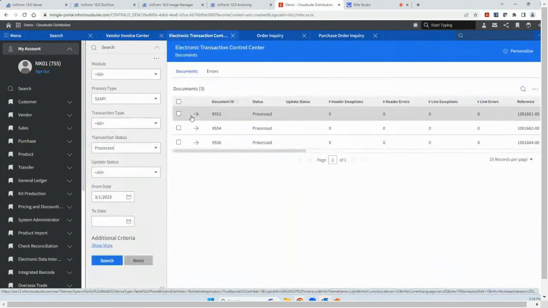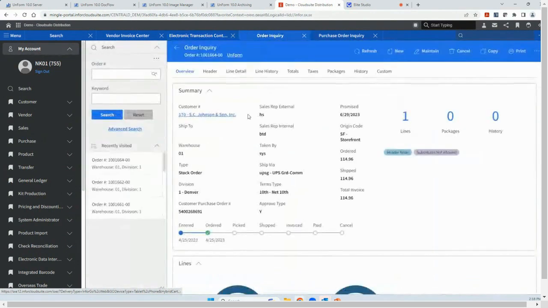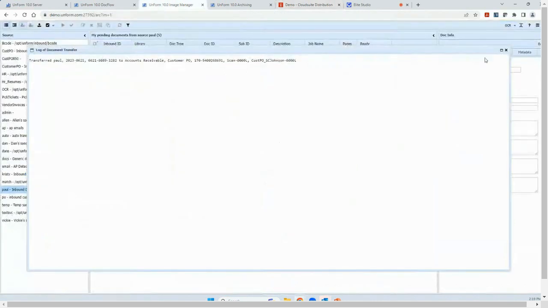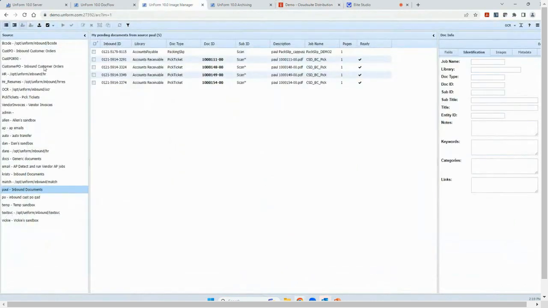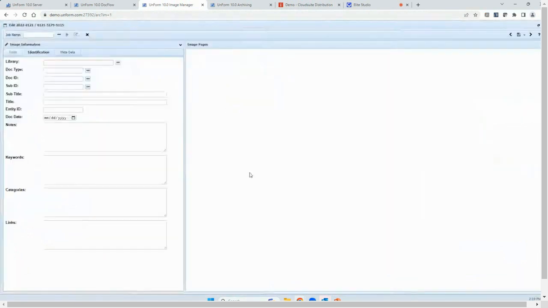These actually go through the electronic transaction control center, and then based on how you configure the way you want it to work, it will actually generate an order in the system. In SX or CSD, you can also have it create a quote order or a regular sales order, so you have some options. But again, the goal here is to bring those documents in and get the transaction created without anybody having to manually create it. And then some of the more simple jobs, if we look at this one.